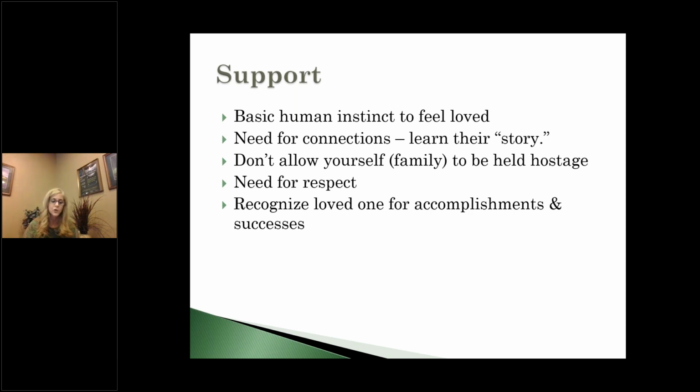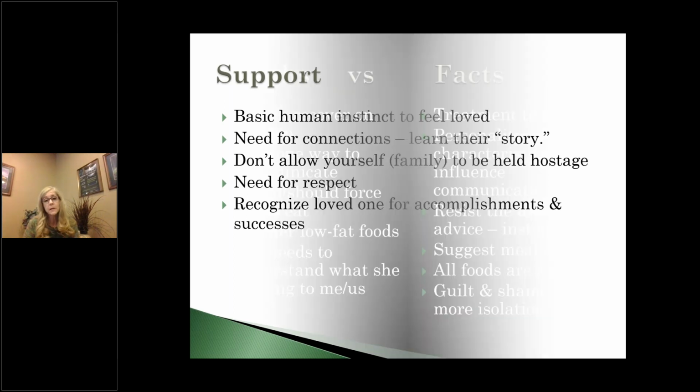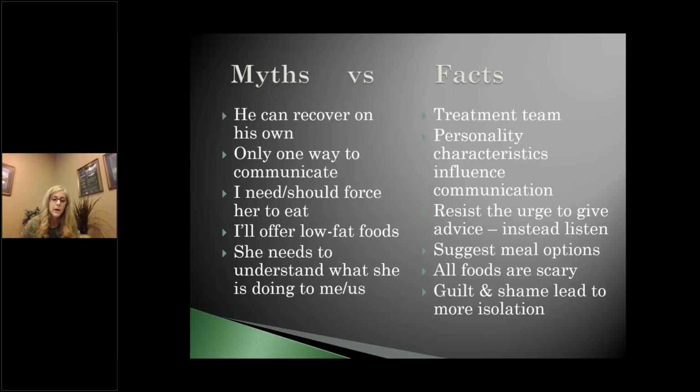So trying to just take that step back and meet them from where they're at, and then move from there. I should also say that there will be times, especially at the beginning of care, when we know as counselors that we may have to lead our clients. And then at some point we get to stand next to our clients. And then at another point we get to be behind our client, and we're just supporting them in their recovery, in their process. So that's what we want our parents to understand.